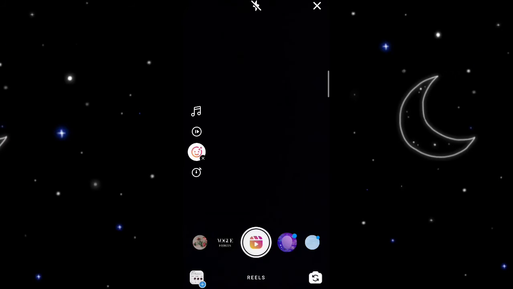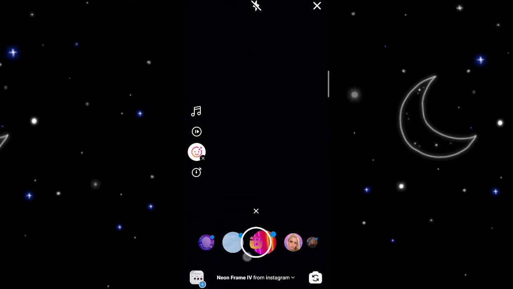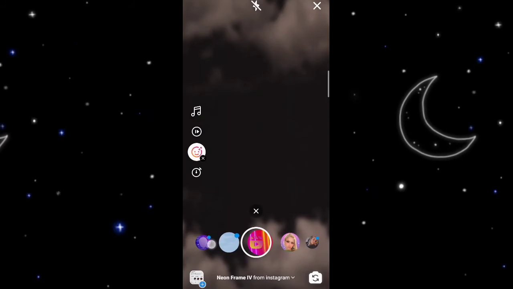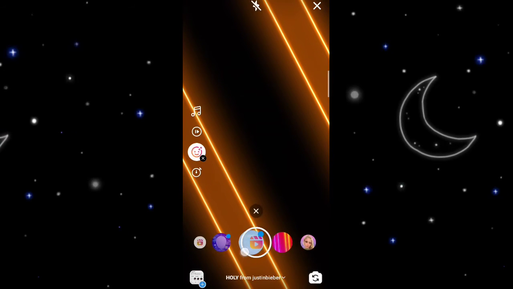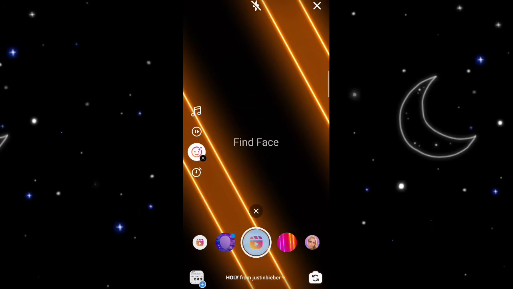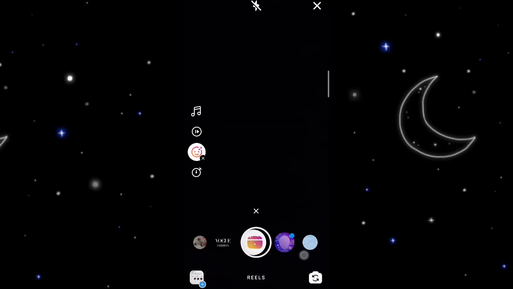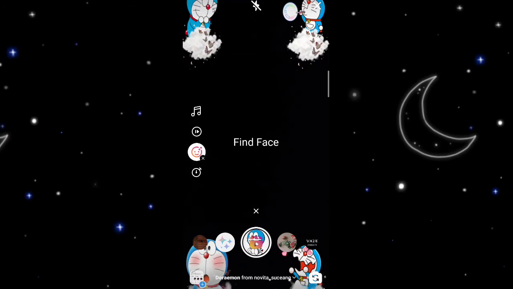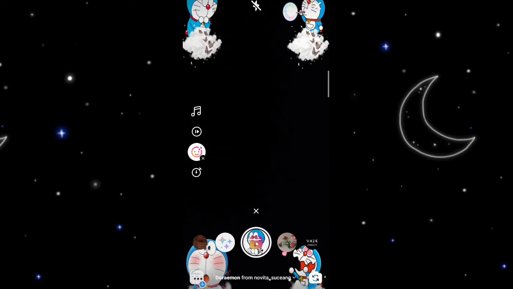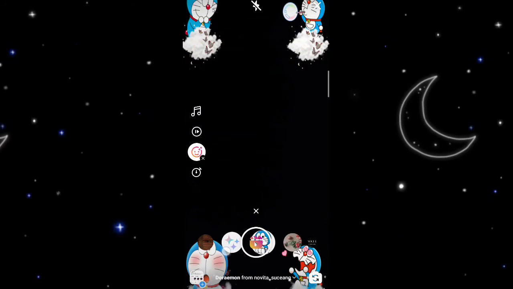Now let's see how we can add effects to that. These are the default effects which are available when you try to make reels. There are so many default effects, and they are really beautiful and really fun, but you can add so many things. The default will come on one side and the added ones will come on the other side. This is the Doraemon one, which I've made a reel out of, and I will post a video at the end of this particular video.